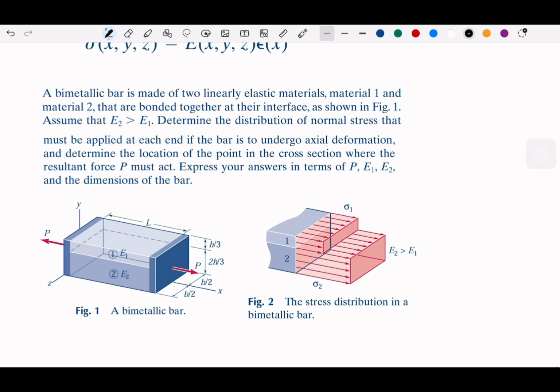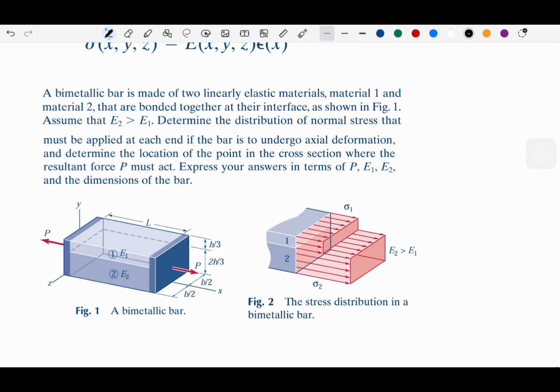So they are two materials, bonded together, and then we need to calculate the distribution of normal stress that must be applied at each end. So we need to compute the P on both ends,